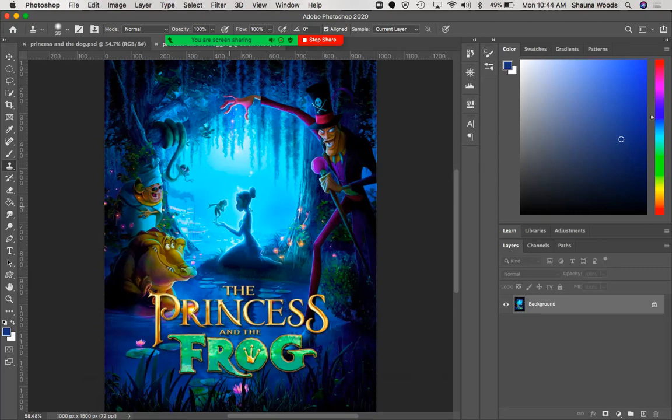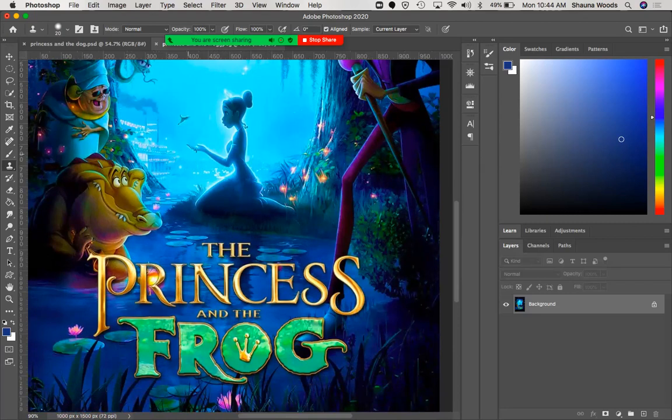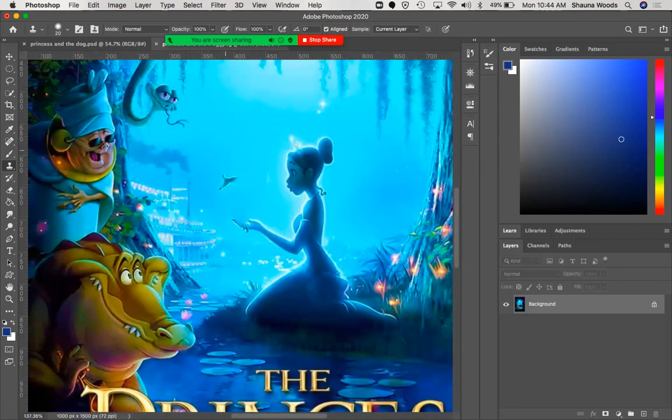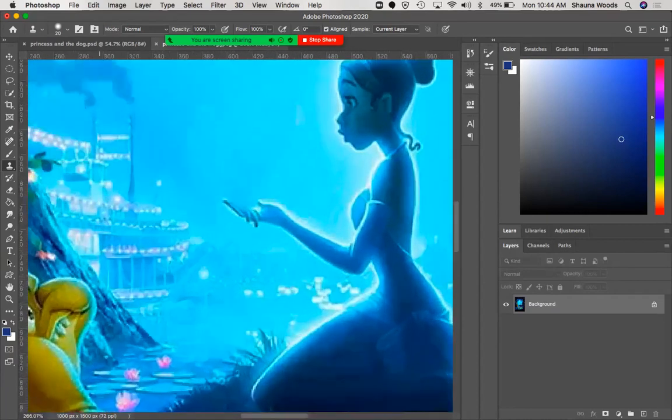The way that we do the clone stamp is we alt click, and then paint over an area. Right now I'm trying to remove the frog, and I can zoom in a little bit more too. Alt click, and then brush. And we can adjust the size with the square brackets.